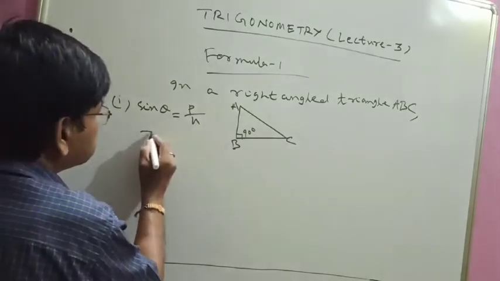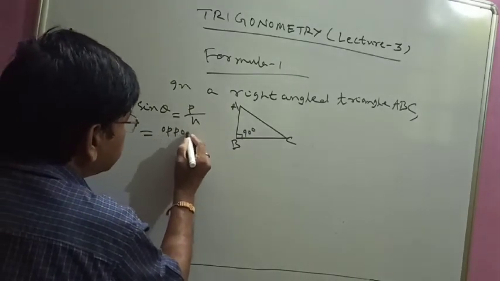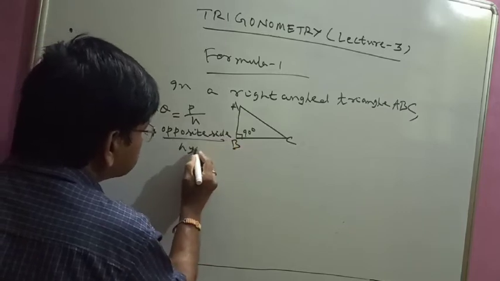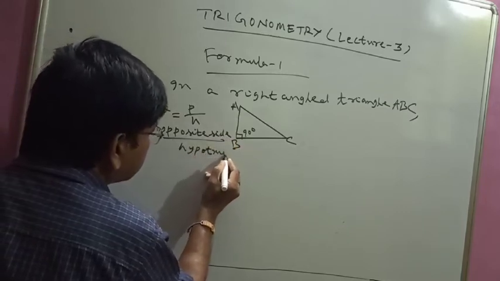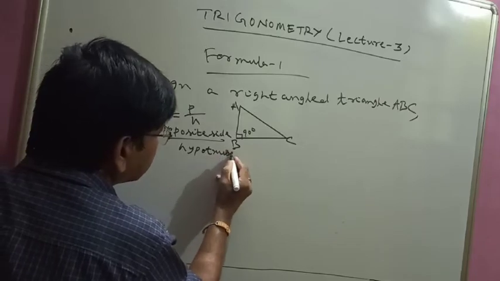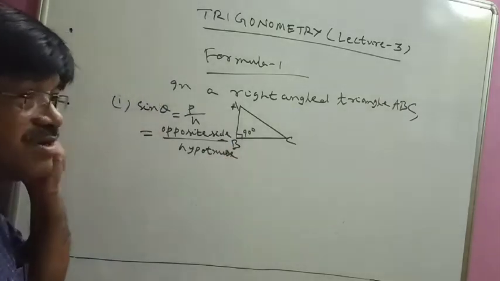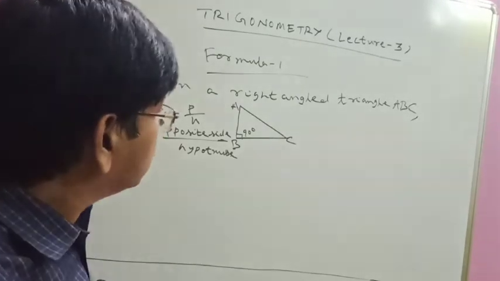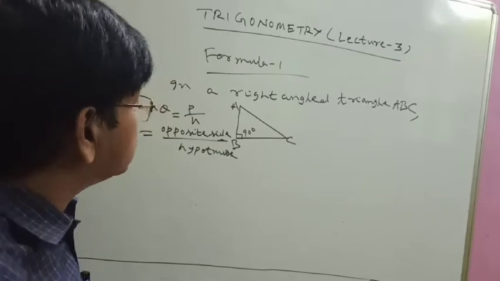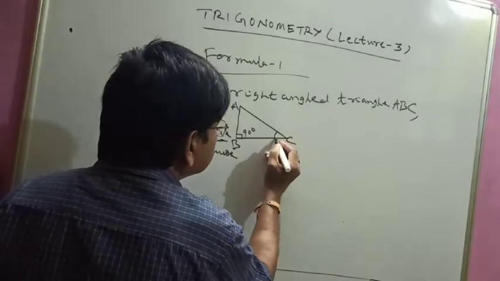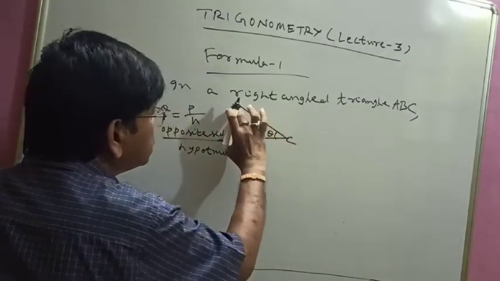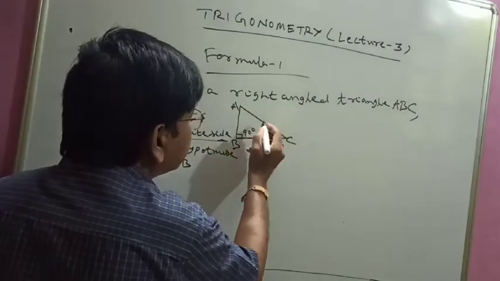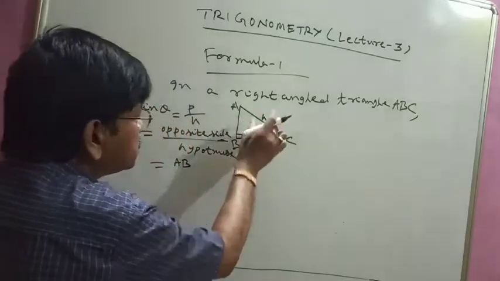So that means it is opposite side divided by hypotenuse. Okay, opposite side by hypotenuse. But cos theta will be B by H, that will be adjacent side by hypotenuse. So how can I identify opposite side and adjacent side? You see, suppose this angle is theta. So its opposite side is AB. So this is AB by hypotenuse, which is opposite the right angle. So this one is hypotenuse.